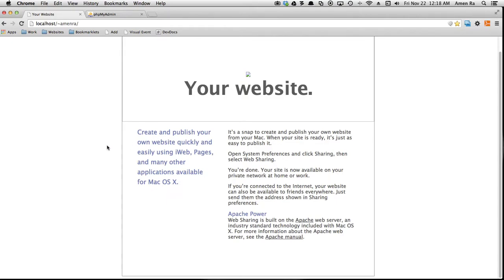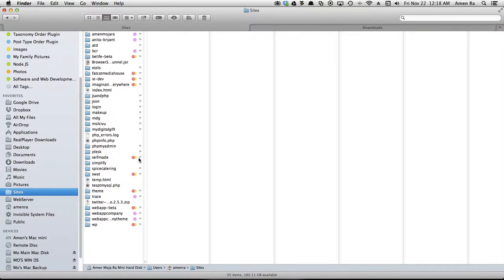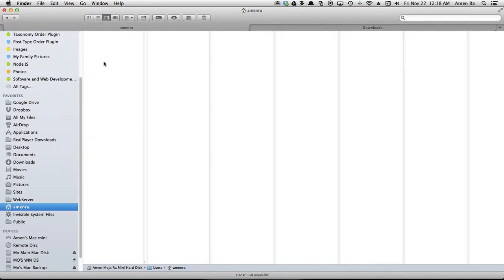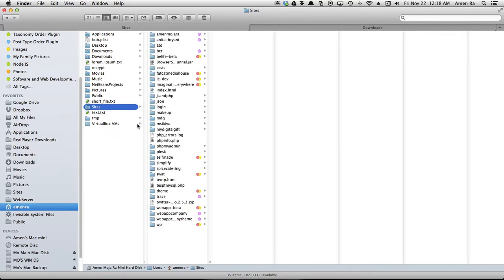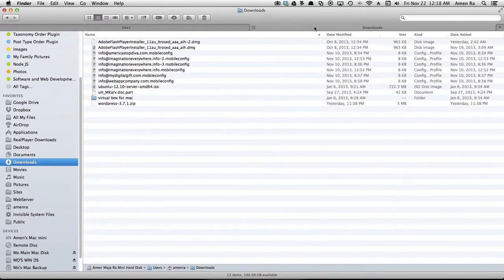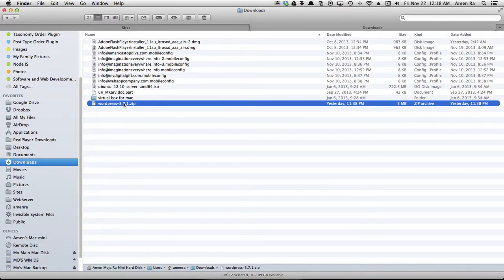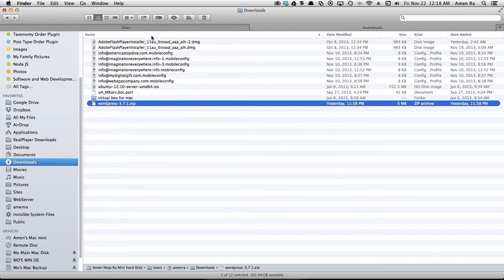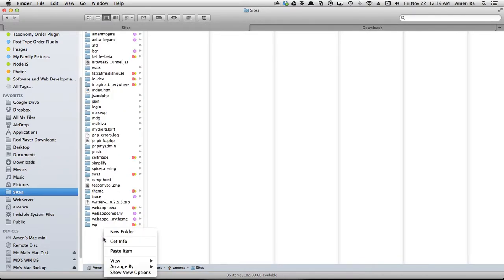Mac is a Unix machine, so my sites folder is located in my home directory. If you are not familiar, here's my home directory, and here's my sites folder right here, where all my websites are housed. So I'm going to go inside my sites folder and paste the WordPress file I downloaded. I'm going to get this WordPress zip right here, copy that and then go back over here and paste this into my